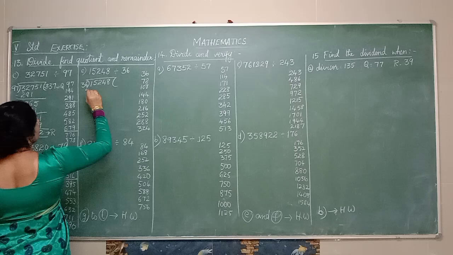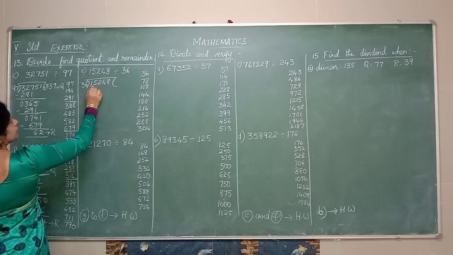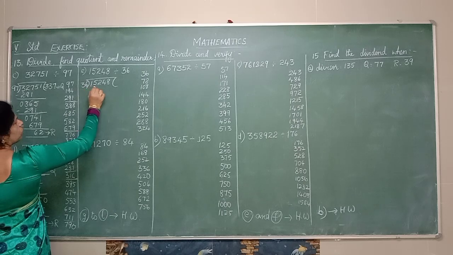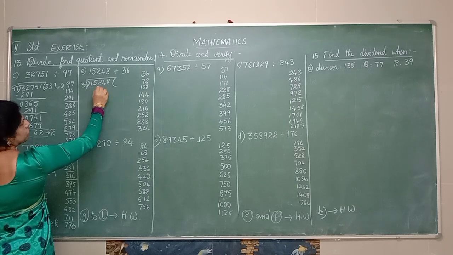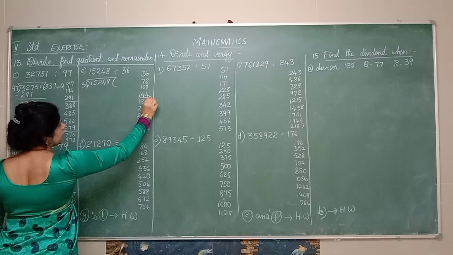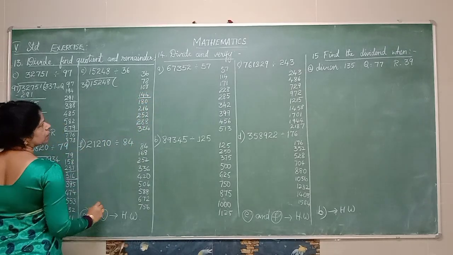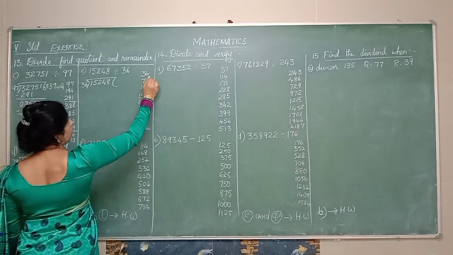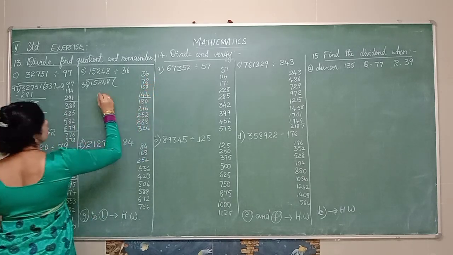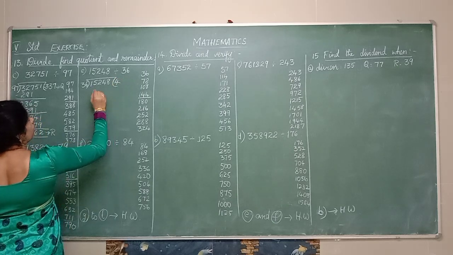No problem. So now let us see, 36 is 2 digits. If you take 2 digits here, it's smaller than this. So you have to go for 3 digits. It becomes 152. So 36 into how many times comes 152? You see where does 152 come? 152 comes here, between 144 and 180. So how many times is it? 1, 2, 3, 4. Isn't it? So 36 4s are 144.